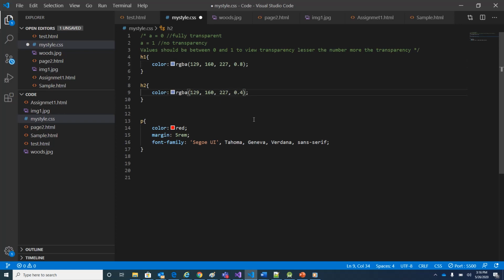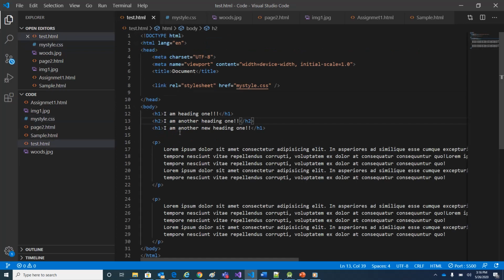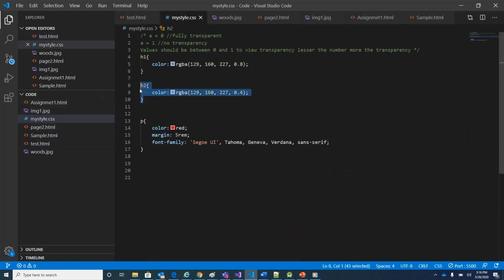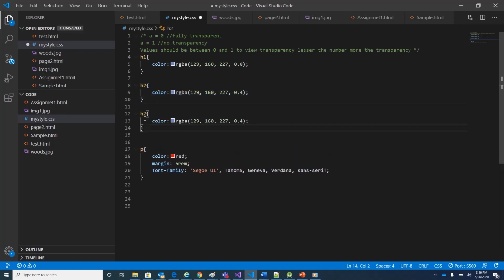One more thing I will do is, let me make this H3 so that changes are visible clearly, and I'll add one more style for heading 3 in my CSS. For this heading 3 my transparency is 0.2. So color is same for every element H1, H2, H3, but this is the least transparent, this should be a little more transparent, and this is the most transparent element.